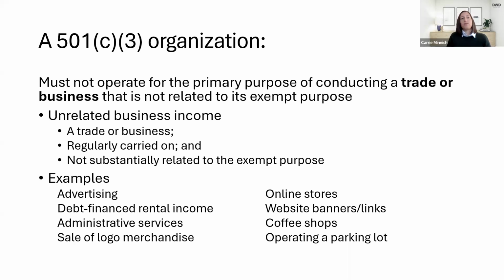Now, when we talk about unrelated business income, it is a very, very gray area. An unrelated business income activity for one organization might not necessarily be considered an unrelated business income activity for another organization. For example, if we have a nonprofit whose purpose is to help individuals that have served time in jail to get back into society and provide them with job training skills.